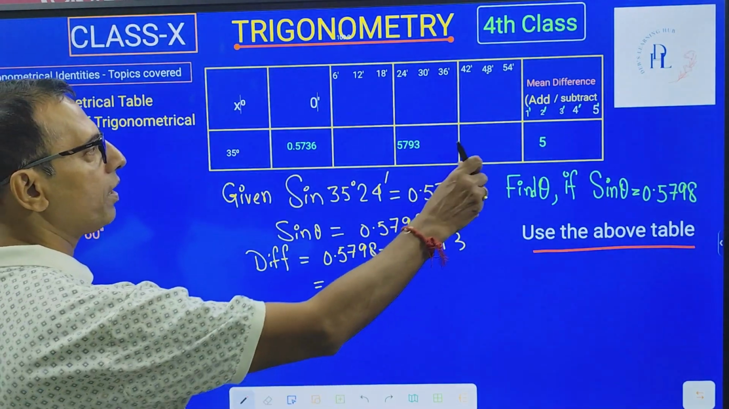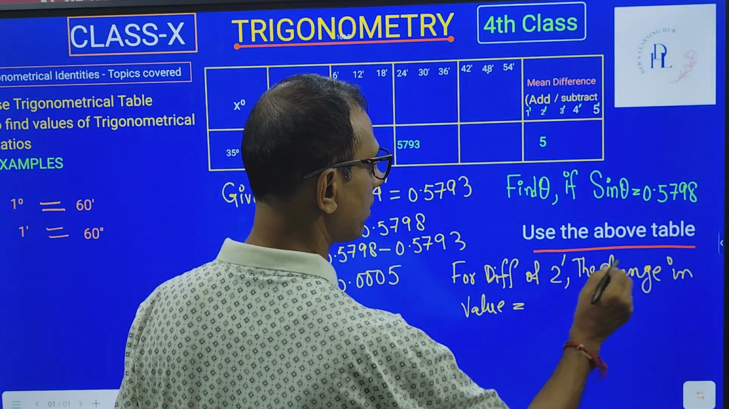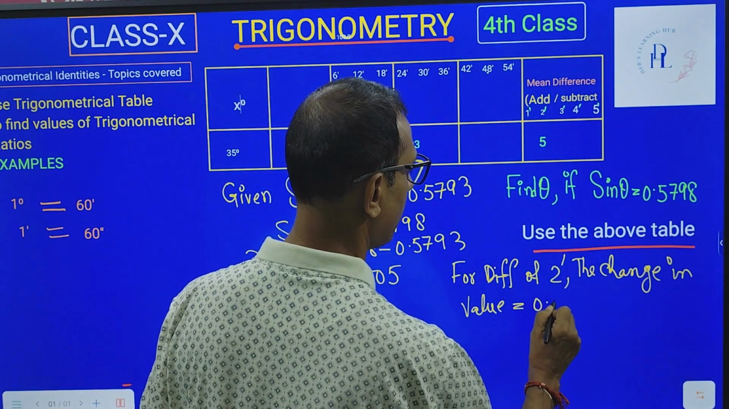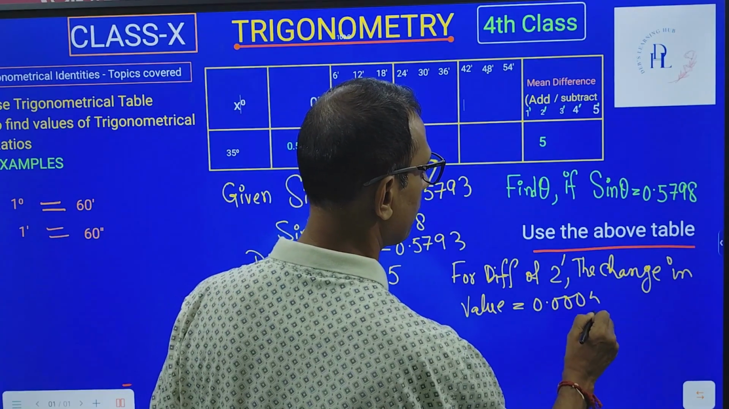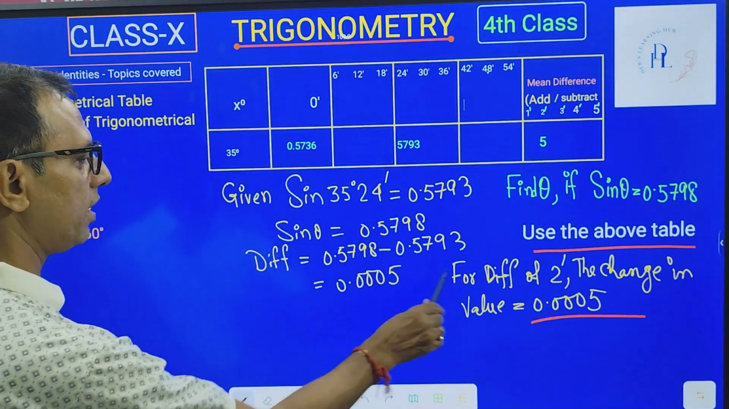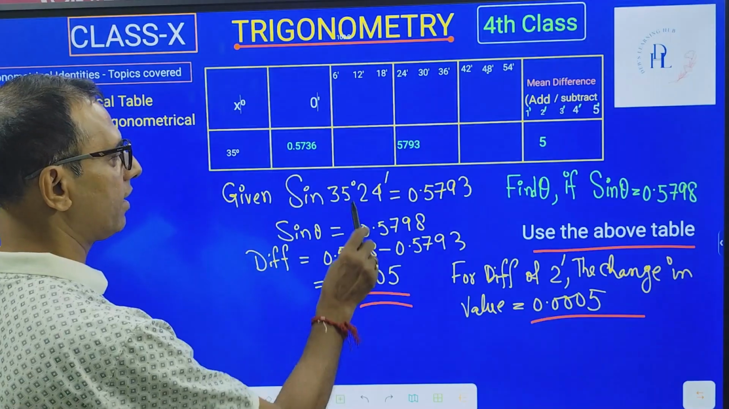Okay. Now, in the mean difference, what is the value that is given? For a difference of 2 minutes, the change in value is 0.0005. This is the change in value. So this value and this value are the same. That means the difference